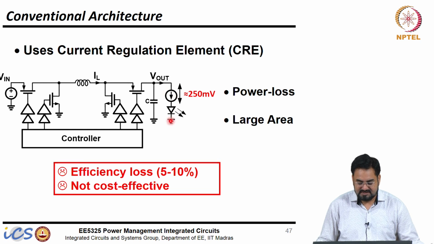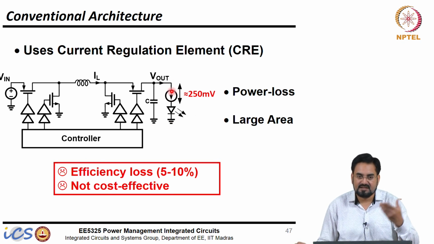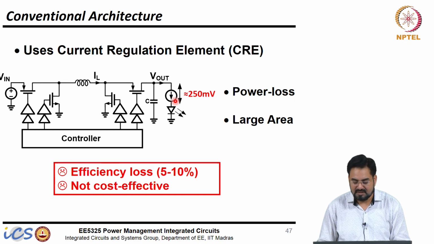So let's say we are having only a single LED in this flash. The way it is done is that we have a constant current just like we had in backlight. That was a sink. Here I am showing a source current, and I already mentioned that you can have either sink or source depending upon if you have the option of using higher voltage.